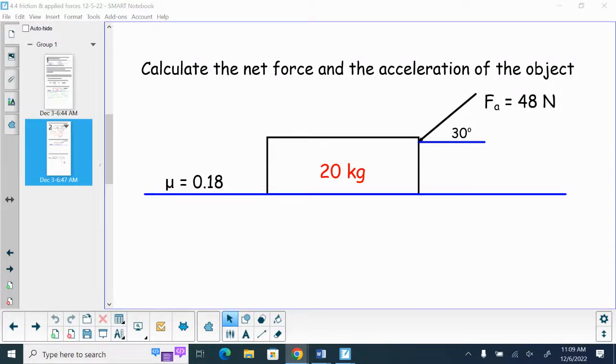All right, just calculate our net force and acceleration of this object. Once again, we have a force applied, but what now is occurring, rather than,